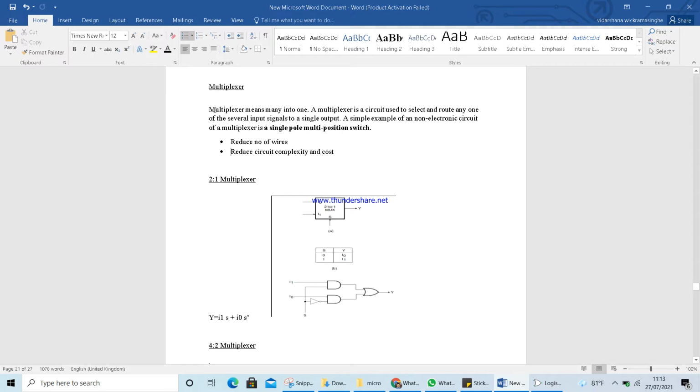So what is a multiplexer? Multiplexer means many into one. There are many signals, and only one signal will pass. A multiplexer is a circuit used to select and route any one of several input signals to a single output. So there will be several input signals to this device, and using switching or routing,